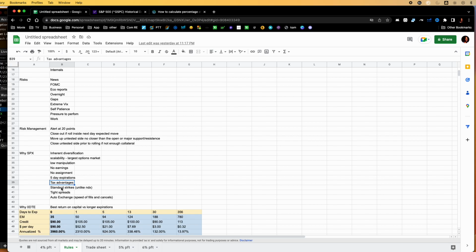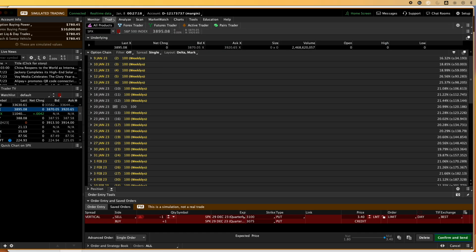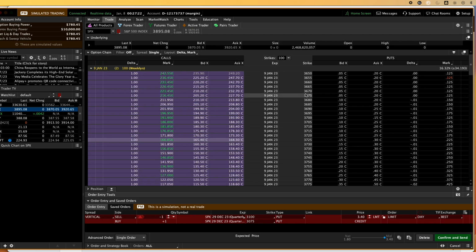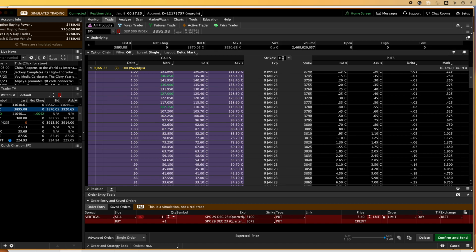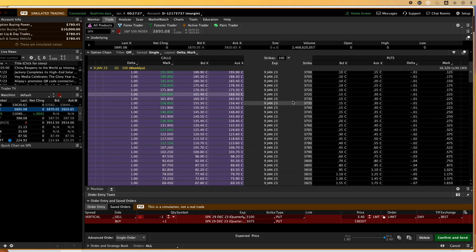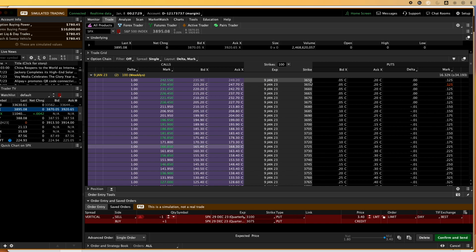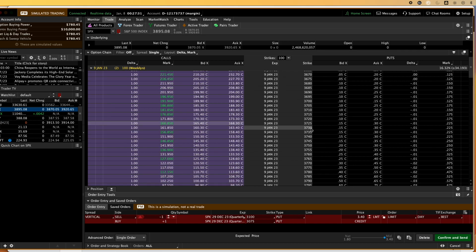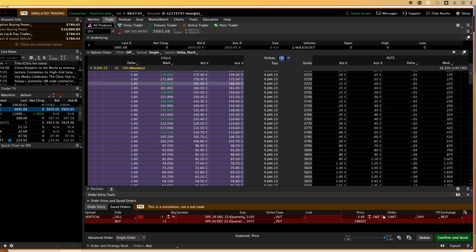So, tax advantages. You also get standard strikes. This is what puts SPX above the NDX, or the NASDAQ. With SPX, you're going to get a huge amount of strikes, where with other markets you don't. You can see this is like 100 strikes wide, and they're all 5 apart. I can go 200 out,